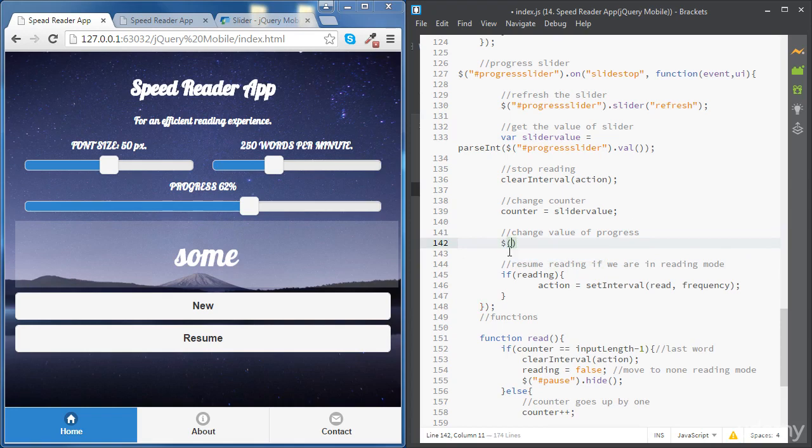Let's access this span using its ID, which is percentage, as we've done before, and we're going to change its text